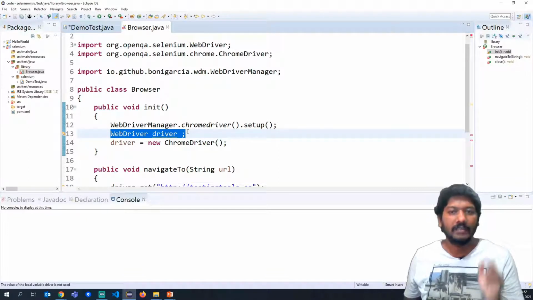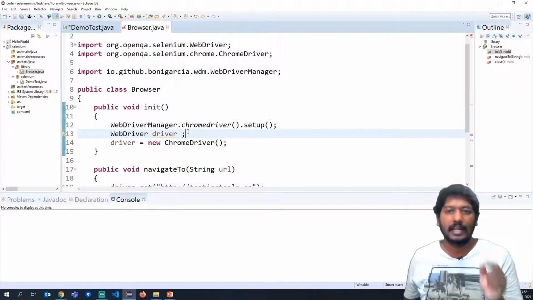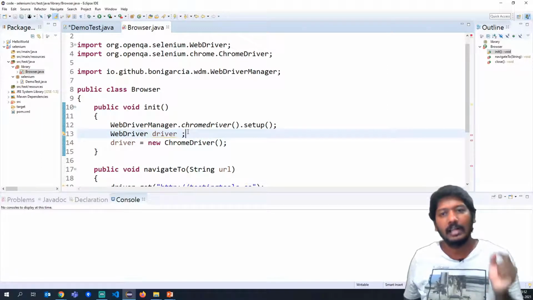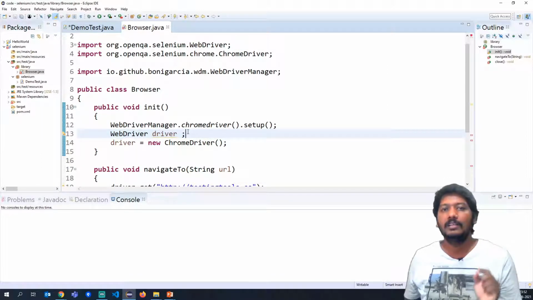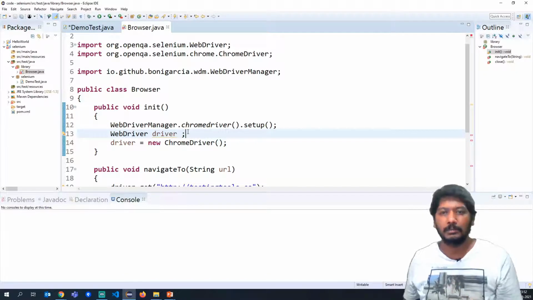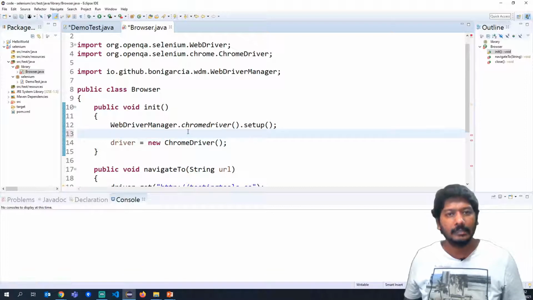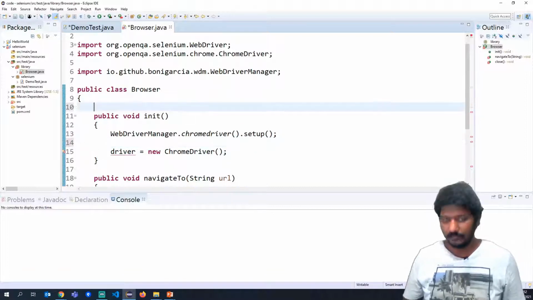But whenever you create a variable or an object inside a particular method, you can access that object within that method only, right? So if you want a data member which you can access across the functions in the class, you have to declare it as a class member. So instead of declaring it in the init method, declare it in the class.